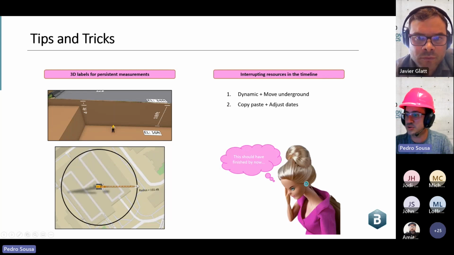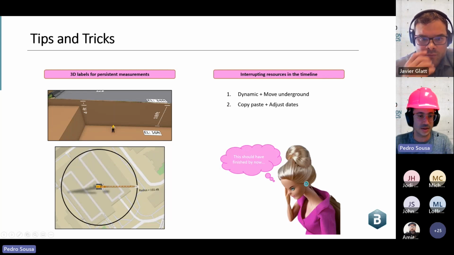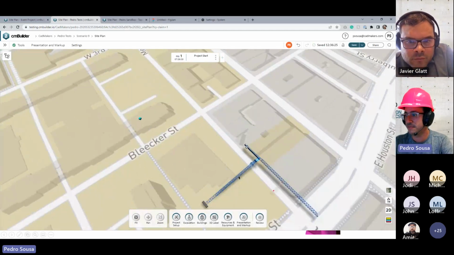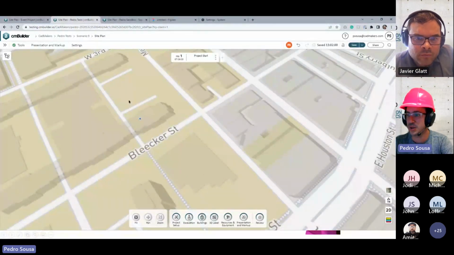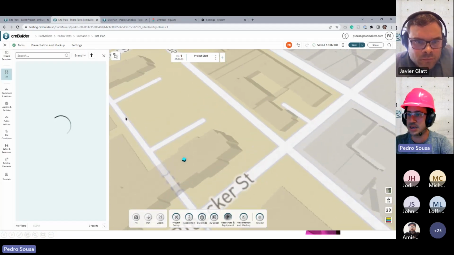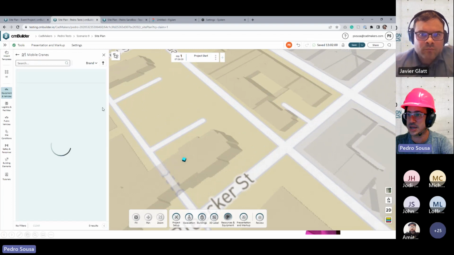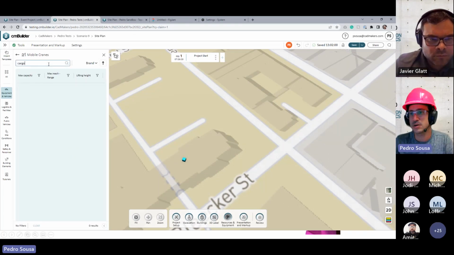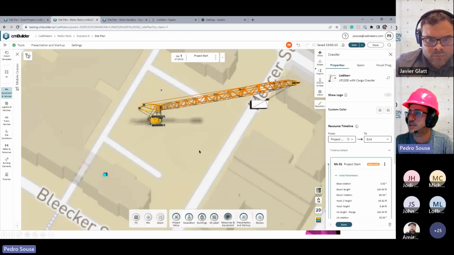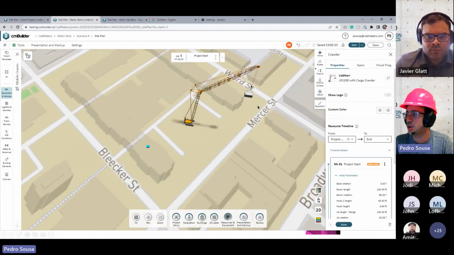Yeah, so let me just do the radius for a crane. Sometimes some people want to use that and keep a definition of the radius from the crane constant. So you could simply put in a crane on your site. So let me put the cargo crane over here. So if I put a crane on my site and I want to show what is the actual radius that